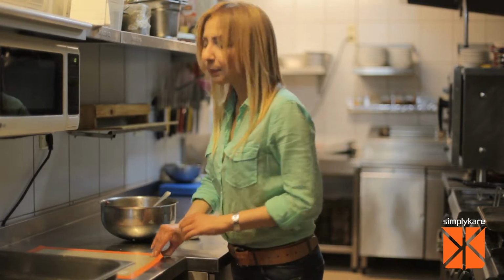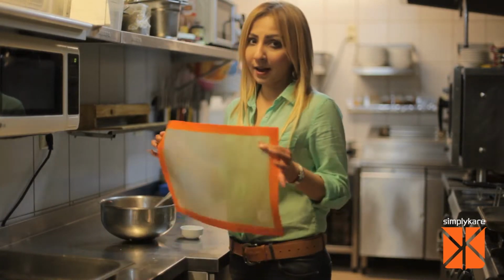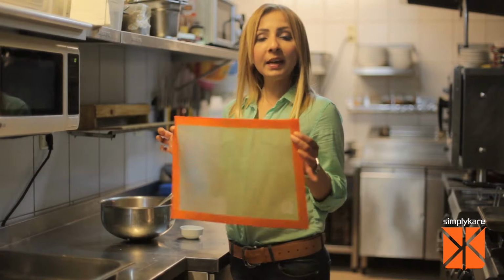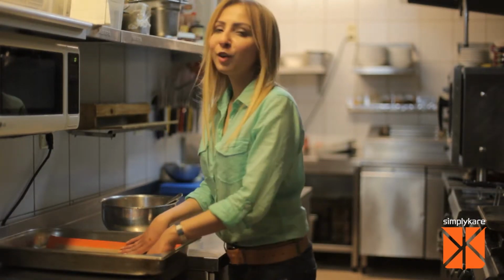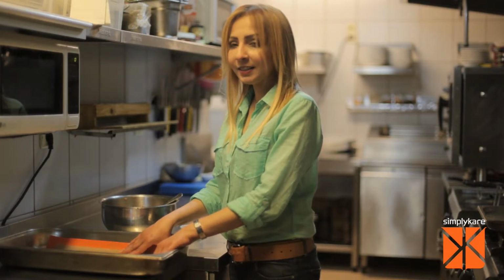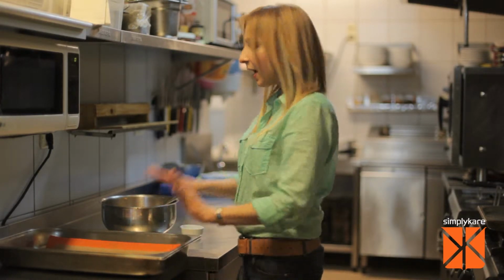Now this is the part where life gets a little more simple. Normally, at this time, you would likely use some oil to coat the bottom of your tray or some sort of cooking spray, but we're not going to do that. What we are going to do is use Simplikare's silicone baking mat. And what this means is no mess, no cleanup. Alright, so now that you've got your tray lined with your Simplykare silicone baking mat, you can get to rolling